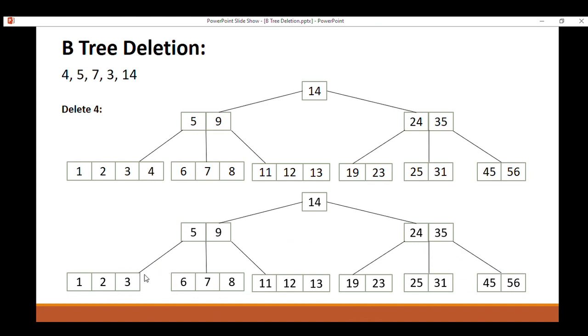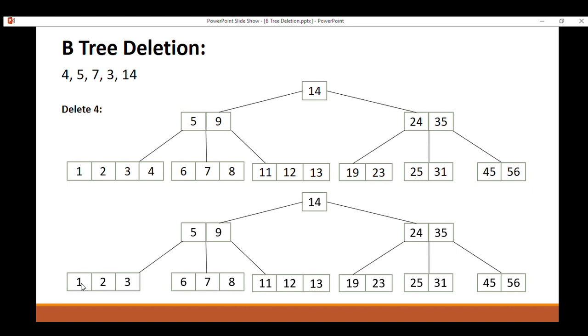Now we can see that we do not perform any other cases here and simply delete the 4. It is because we are dealing with a B tree of order 5, and we know that in a B tree of order 5 a single node can contain a minimum of 2 values. We have to perform further steps if we delete some data from a node and the remaining key values are fewer than the minimum key values. Here we can see that after deletion of 4, this particular node has 3 values.